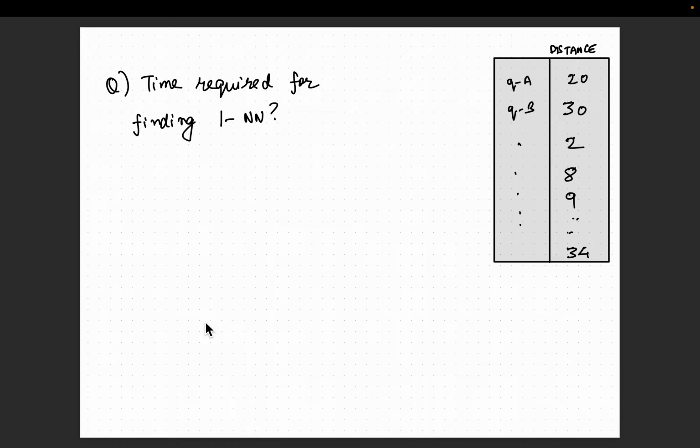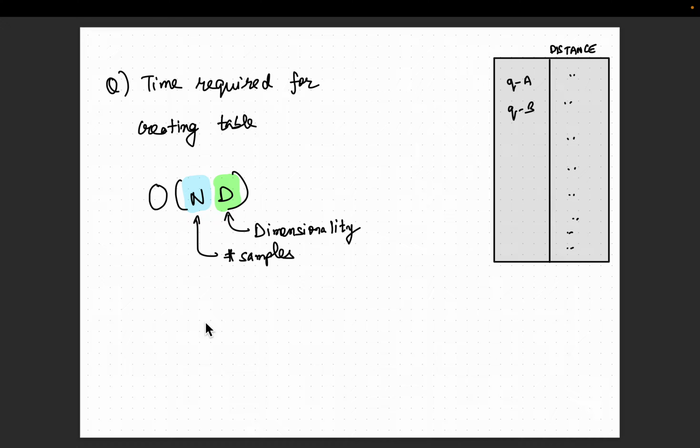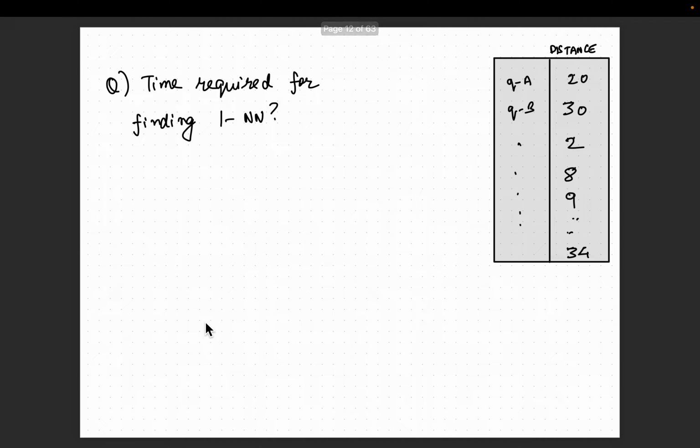Okay, so that was the complexity of creating this table. But that does not end the problem. As I mentioned, our goal was to find one nearest neighbor. Imagine we have created this distance vector, how much time would it now require us to find the one nearest neighbor? We have to do a linear search amongst all the n examples. We can't do anything better than that because we're not given anything sorted. So the overall time complexity of finding one nearest neighbor is